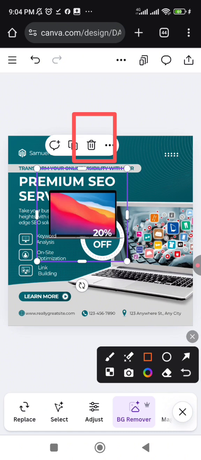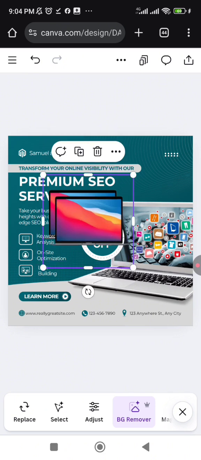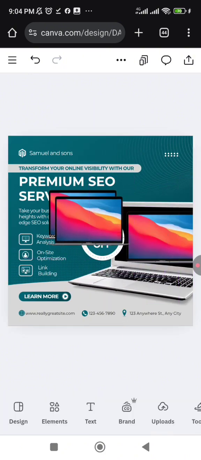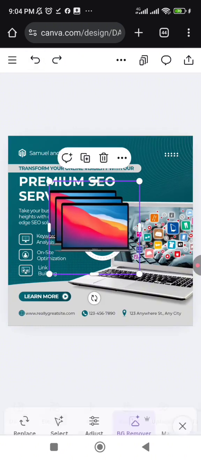So if you click on that place, you delete it. But let's say you want to duplicate it. You click here. That place that has plus icon, it will duplicate. So let me click on it. It has duplicated. I now have up to 3 laptops. 1 laptop, 2nd laptop, and 3rd laptop. Let me undo what I just did now. So delete it,